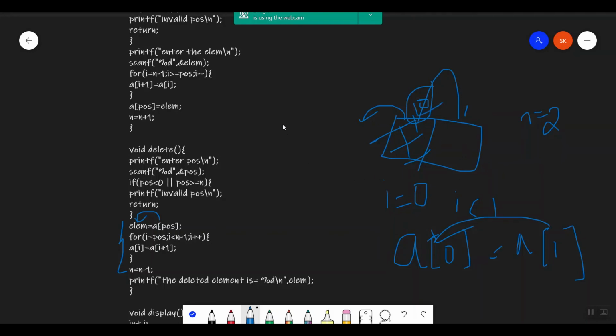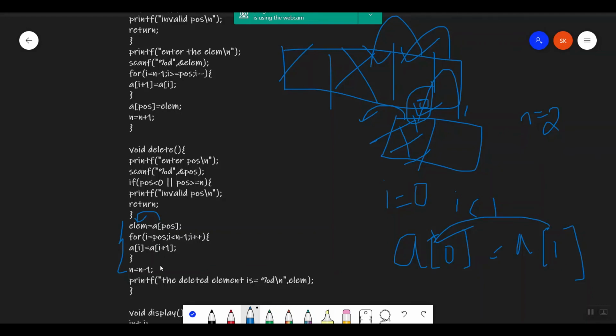If it is a large array and you want to delete somewhere here, after you have deleted, you have to transfer whatever is in this block to this block, and from this block to this block. So that is the for loop here.